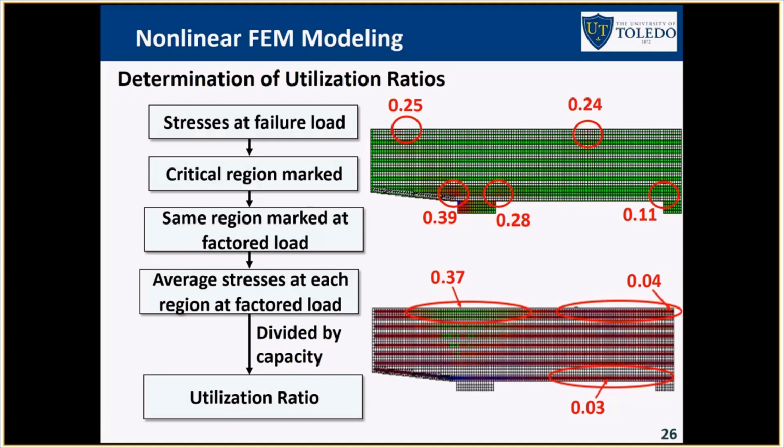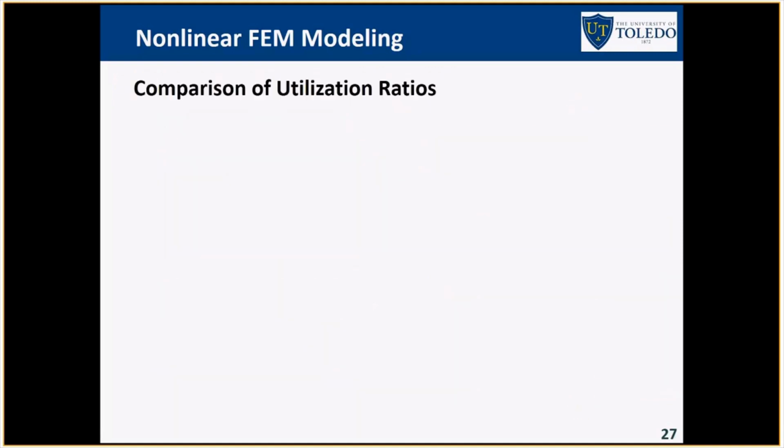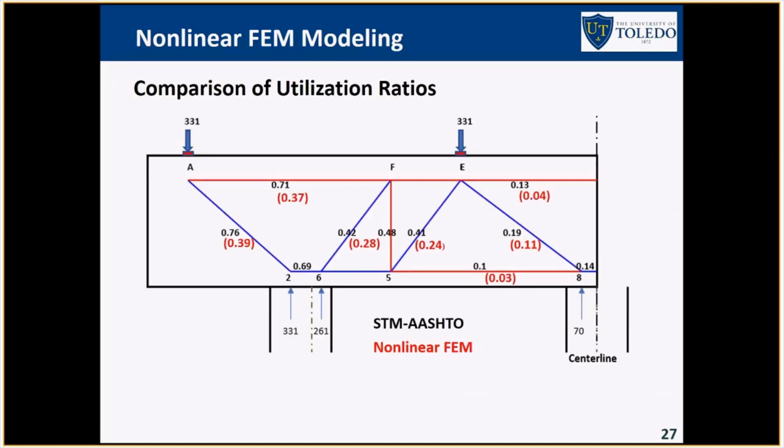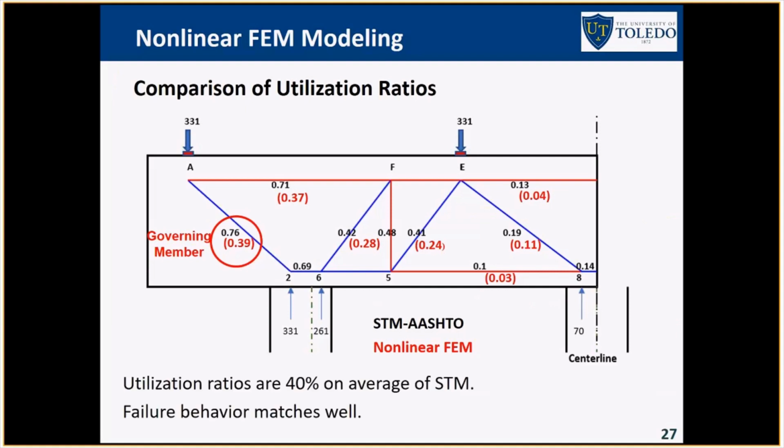Next, we compare the utilization ratio that we get from our solution algorithm with the nonlinear finite element analysis, and you can see this is the most critical region, which is the A2, from both methods. The utilization ratio in that region was maximum from both of the methods. The black one shows the result from the Strut-and-Tie, and the red one shows the result from the nonlinear finite element analysis. The reason for the maximum utilization ratio from the Strut-and-Tie was the same as in the nonlinear finite element analysis,